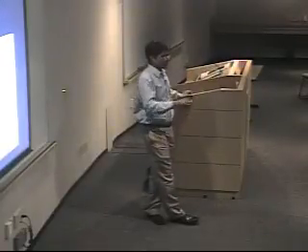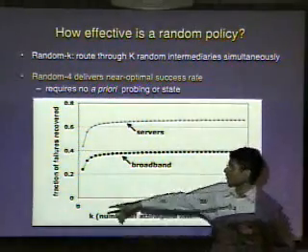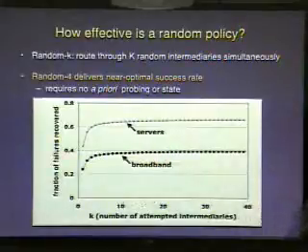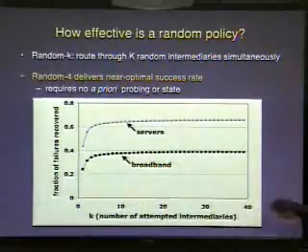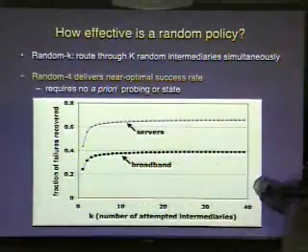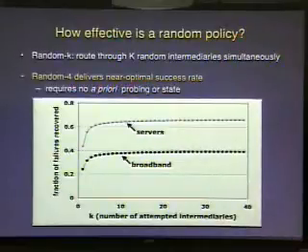Now, in random K, a source node picks K intermediate nodes at random and tries to route around the failure simultaneously by probing all K intermediate paths. Okay? And if at least one of the paths is useful in routing around the failure, we call it a success. So in this graph here, the x-axis shows K, which is the number of attempted intermediaries, and the y-axis shows the fraction of failures that we recovered using these K. The top graph shows server paths, and the bottom graph shows broadband paths.